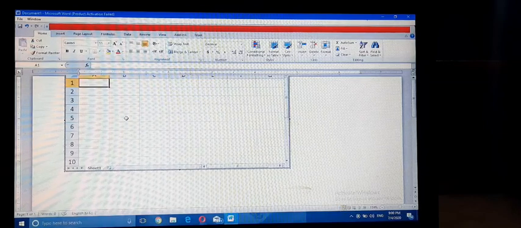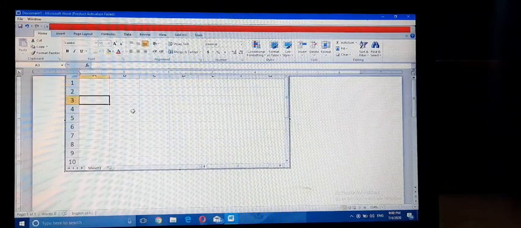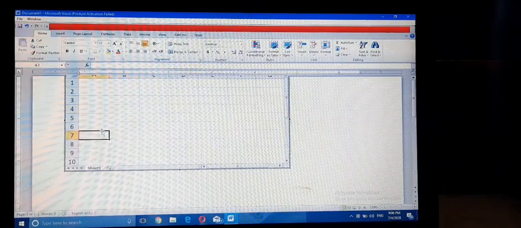This is an object of MS Excel being inserted in our document. We can work here like in MS Excel, remaining in our MS Word document. Okay. These are all the features of this object, that is MS Excel.